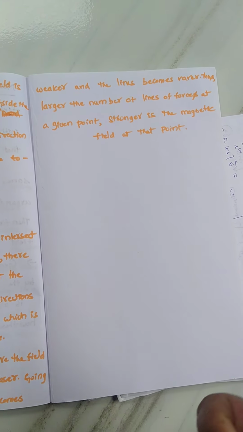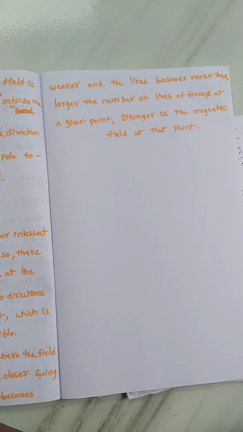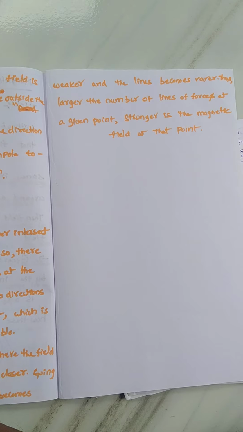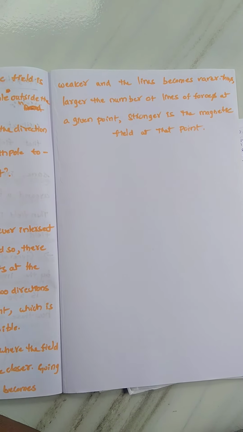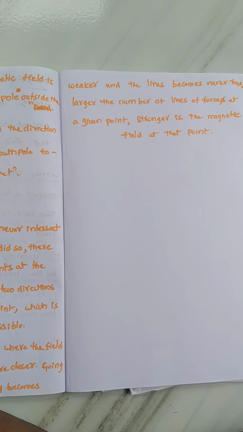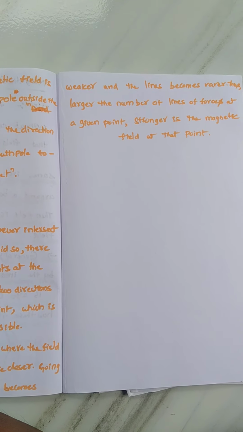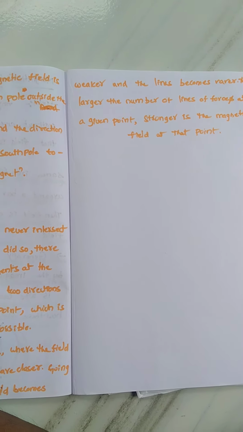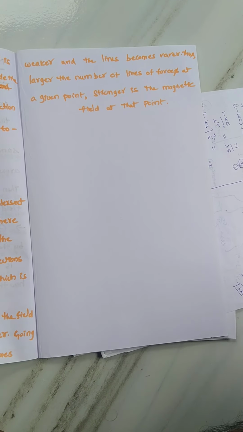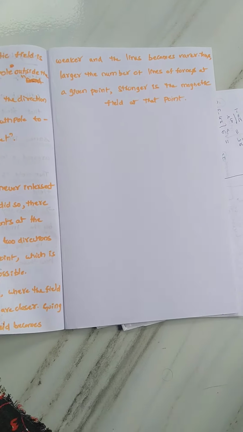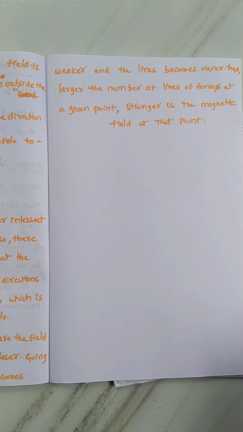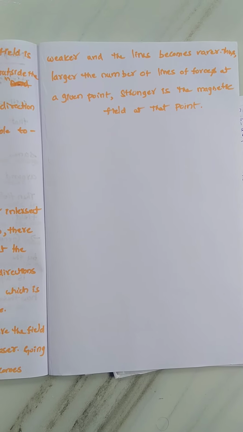Now in the next class we are going to discuss the magnetic field due to a current carrying conductor, that is, a straight conductor and a circular coil, and uniform and non-uniform magnetic field. It is actually, dear students, a very tough chapter in 10th class, and in 12th class also. From the next class onwards they ask about the right hand thumb rule, left hand thumb rule, Fleming's left hand rule, and electric motor. Some complications will be there.